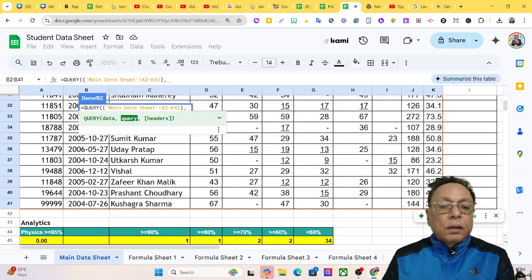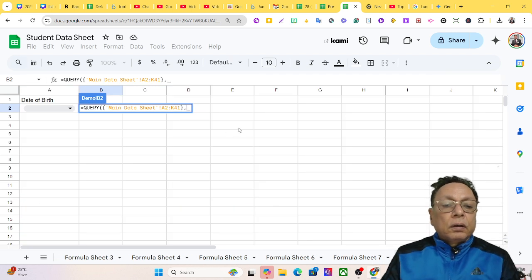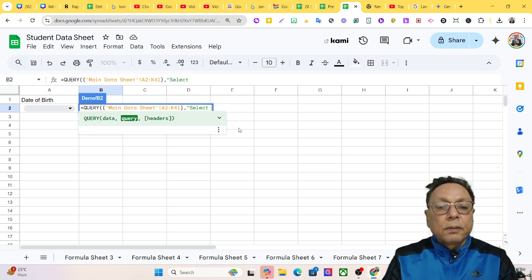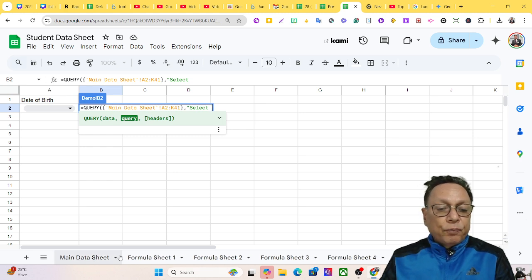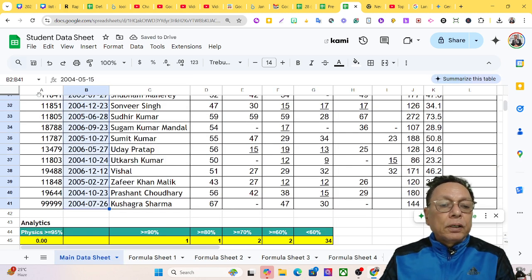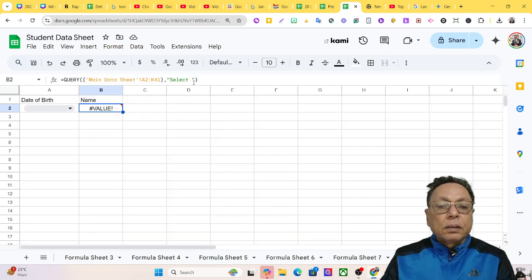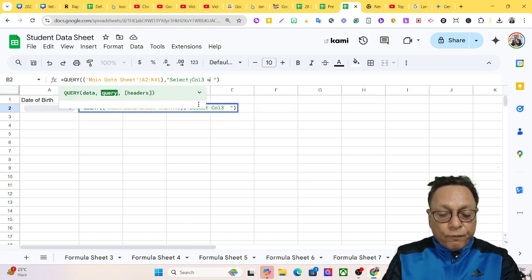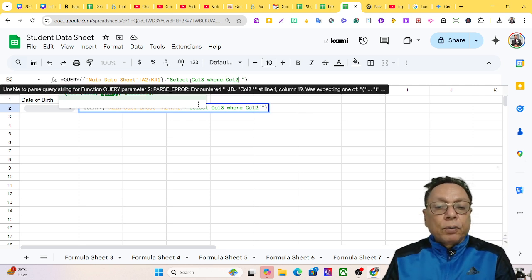comma, query, query should be in double quotes. Select which column? Column should be, because I want to take the name or print the name. So this is my column 3, Col1, Col2, Col3. So I'm going to take Col3. So select Col3, where Col2 is basically the date of birth column,